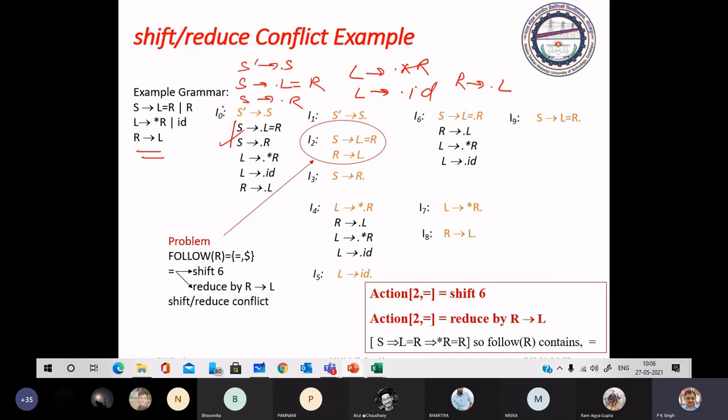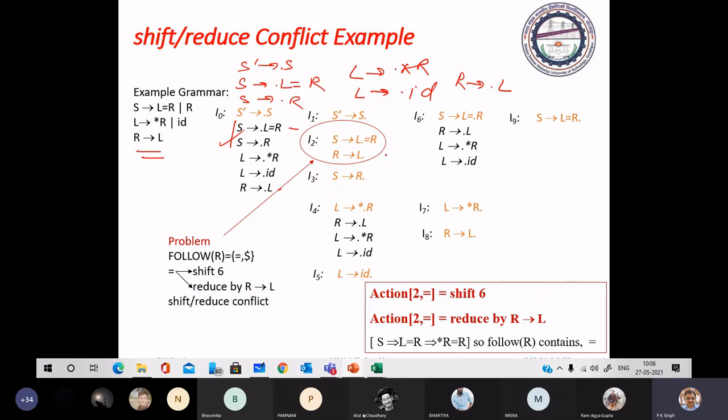Now you can apply goto for all grammar symbols appearing just after dot. So goto I0 S will give this. Goto I0 L will be applicable on this item as well as on this item. So goto I0 L will give this for this item and here will give this item.